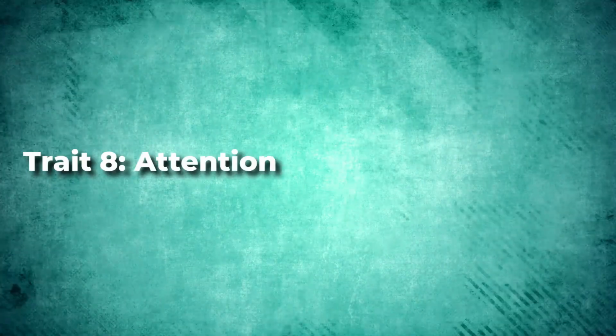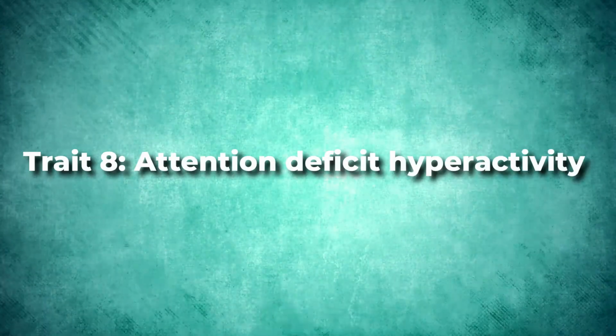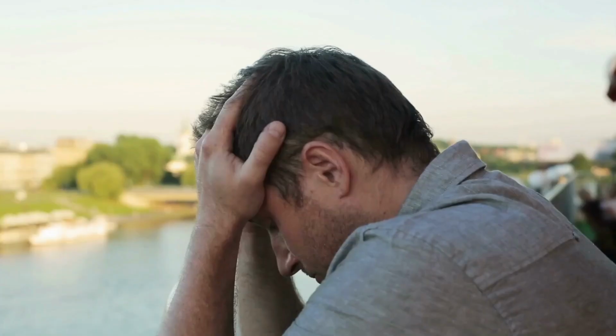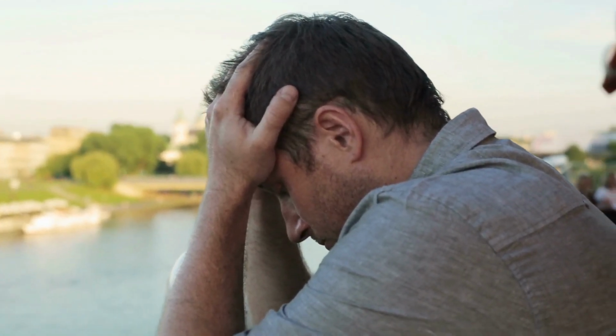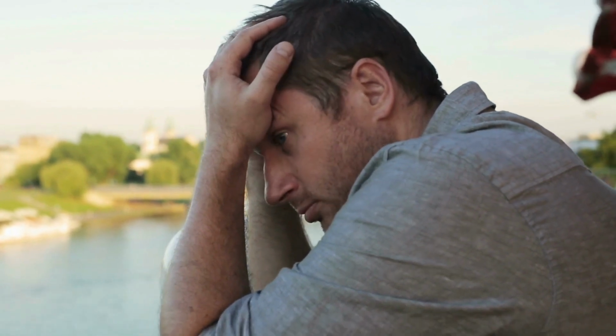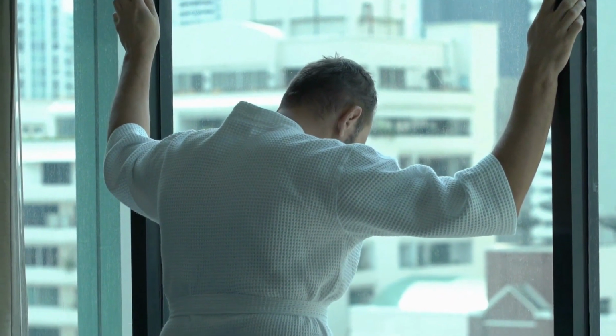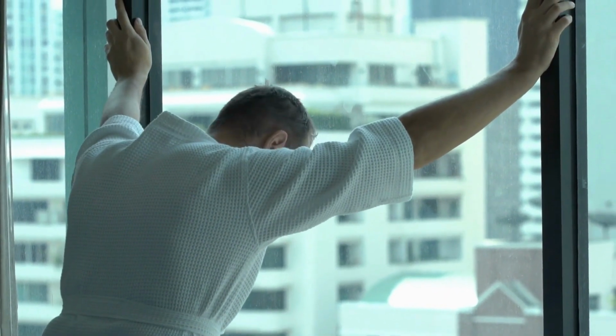Trait 8. Attention Deficit Hyperactivity Disorder, ADHD. Another common and overlapping trait of autism is having Attention Deficit Hyperactivity Disorder, or ADHD. This means that people with autism may have problems with attention, hyperactivity, and impulsivity that can affect their learning, working, and playing. For example, people with autism may have attention problems, which means that they may have trouble paying attention,